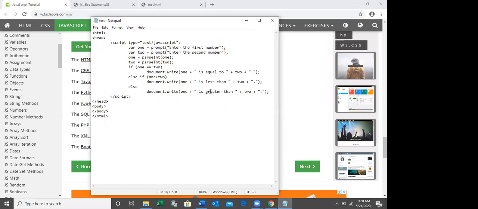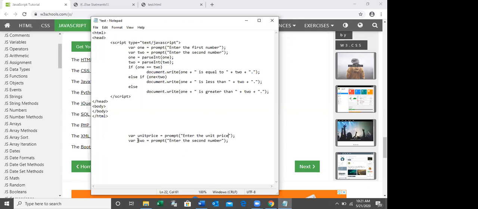Right. We have to convert this program. What we want to do is assign two variables. var unit price equals, I'm going to get the unit price from the end user. So prompt, enter the unit price.